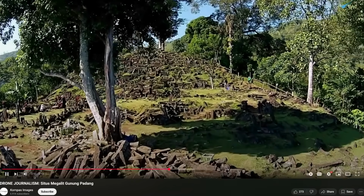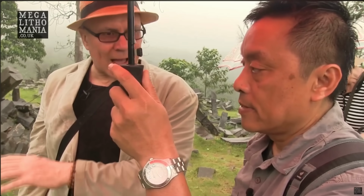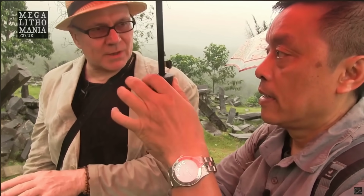Maybe layer 2 or 3 or something like that, then the chamber could be much older. Yes. So perhaps pre-8000 BC, according to...